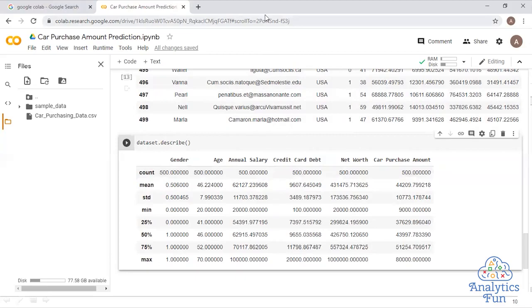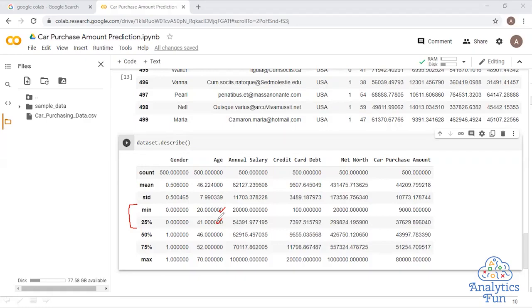So let us see the difference between the min value and the 25th percentile. This information will basically help me identify any kind of outliers on the lower side. So let me compare these two things. Okay, so minimum is 0 and 25th percentile is also 0. For gender, we know female is 0, so that makes sense; minimum can be 0 and the 25th percentile can also be 0. Then age is 20 here and 41 here. So nothing very suspicious here either.